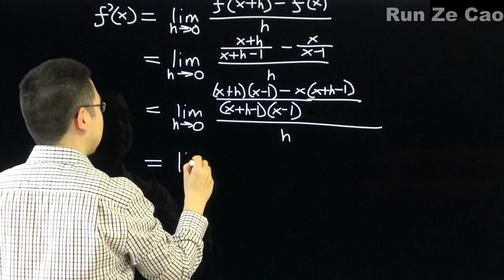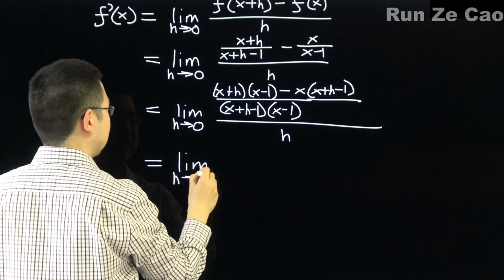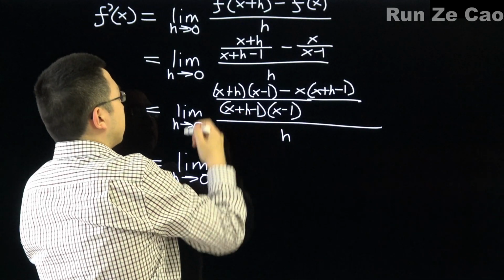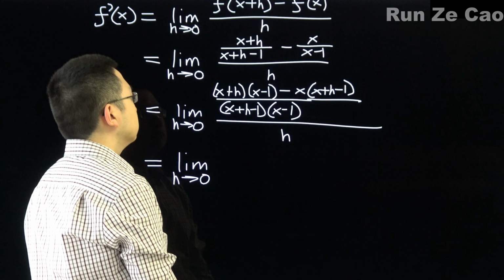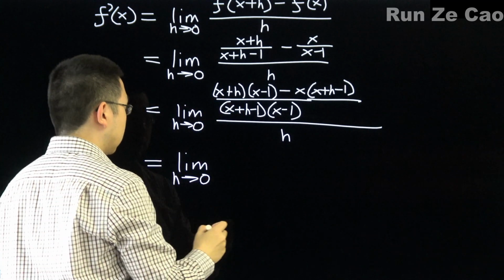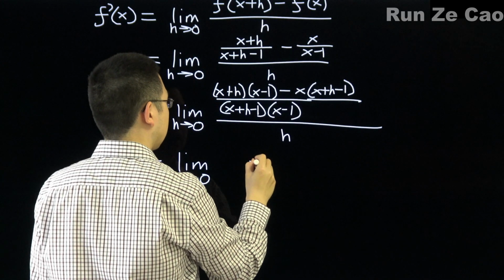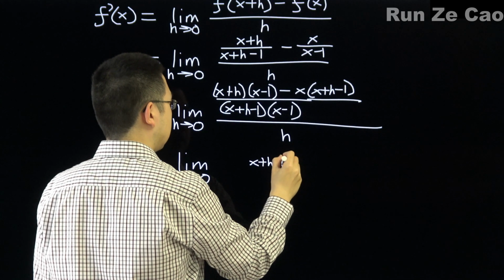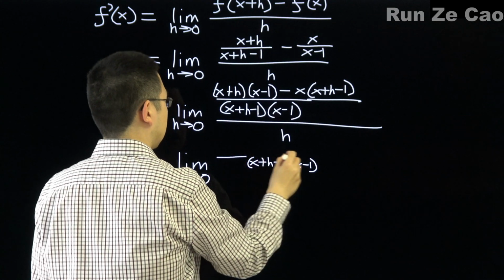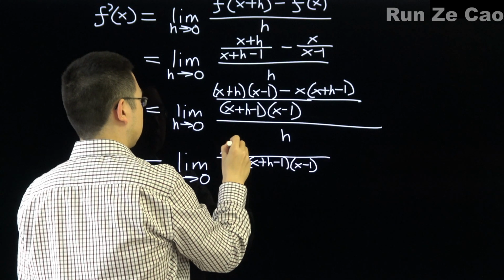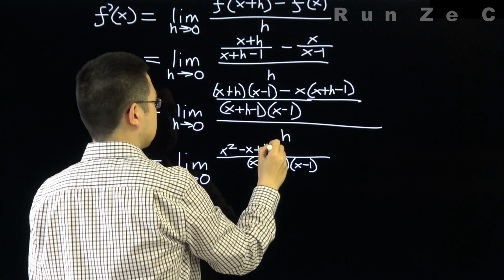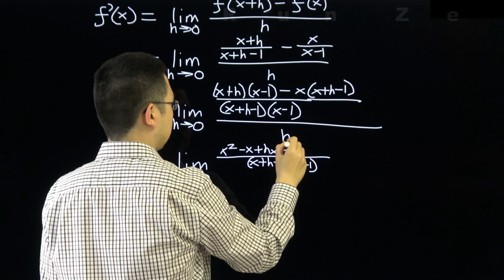Okay, so lim of h approaching 0. Well, do we have to multiply this bottom part out? Let's not do that yet. Let's just do the top. Okay, so we end up with, on the bottom, x plus h minus 1 times x minus 1. And on top, we have x squared minus x plus hx minus h